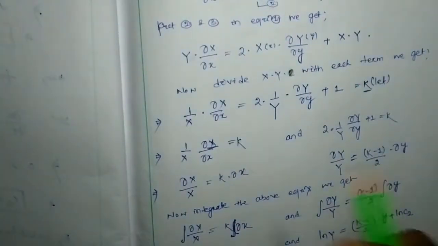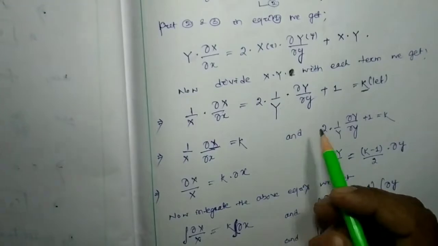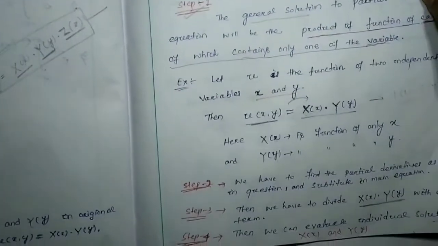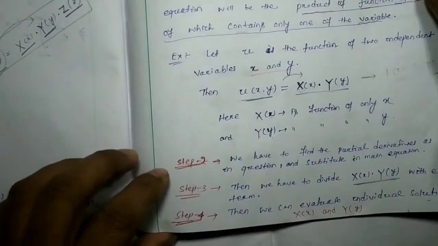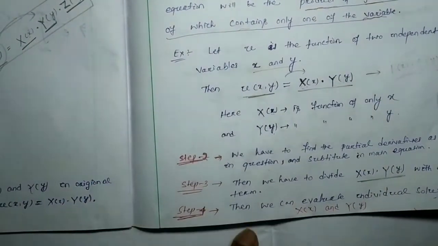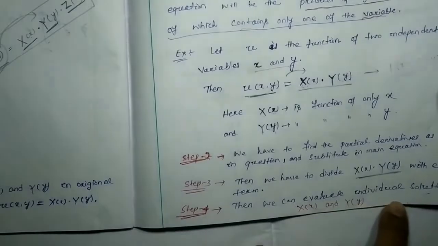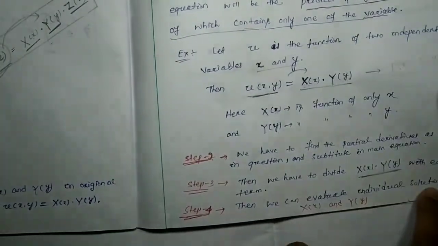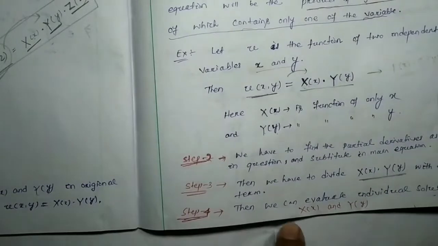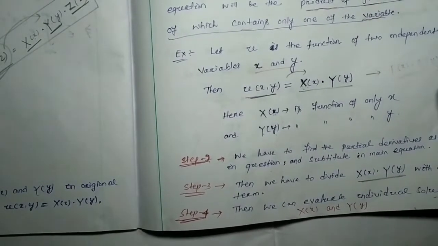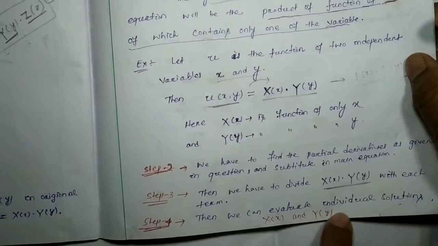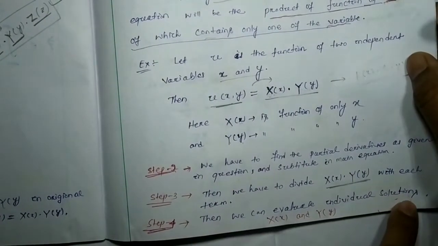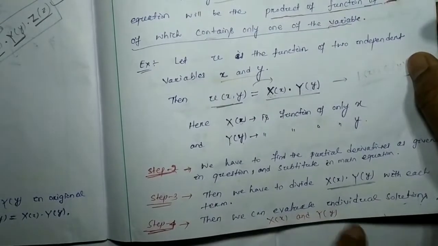What is our step number 4? Here we evaluate individual solutions X and Y by considering k, a constant. If you want to add that in step 4, by considering a constant, you can write it, no problem. So here